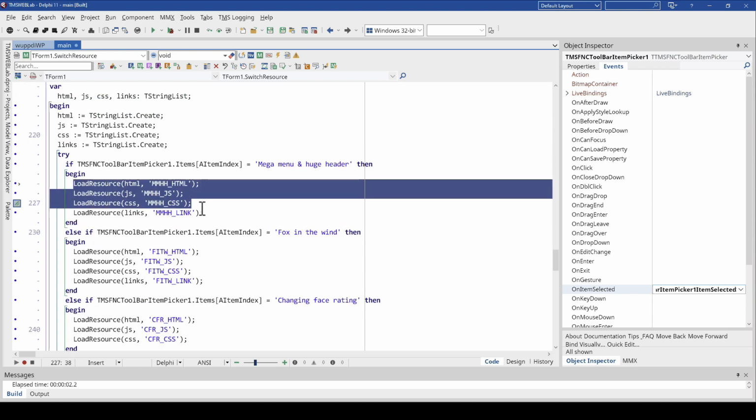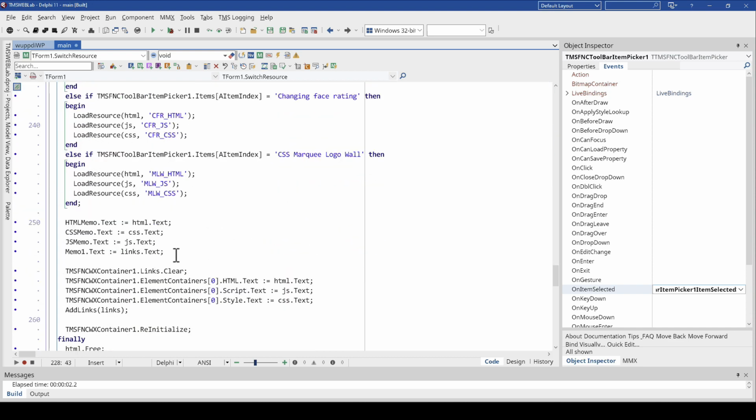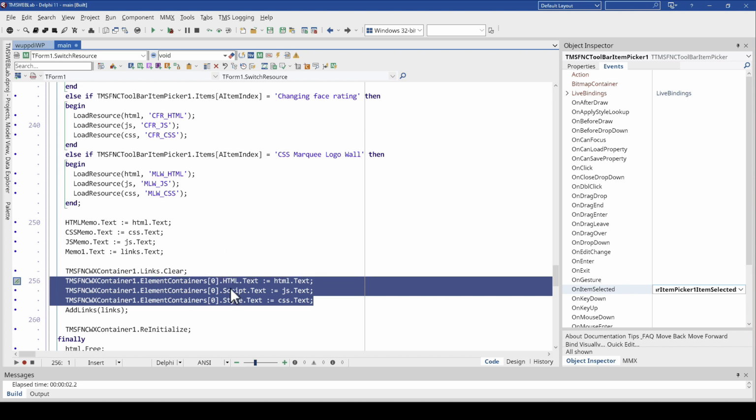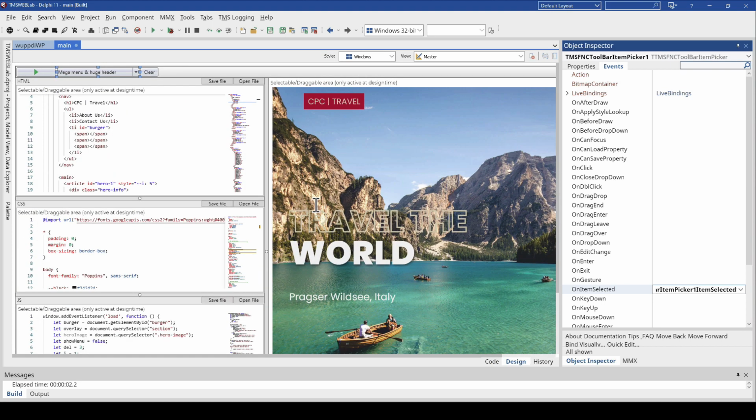And we can see that the resources are being loaded. And then, and this is the key thing to remember here, we just have to assign to the element container the HTML, the script, which is JavaScript, and the style. That's it. And then we reinitialize the whole component and everything is updated.